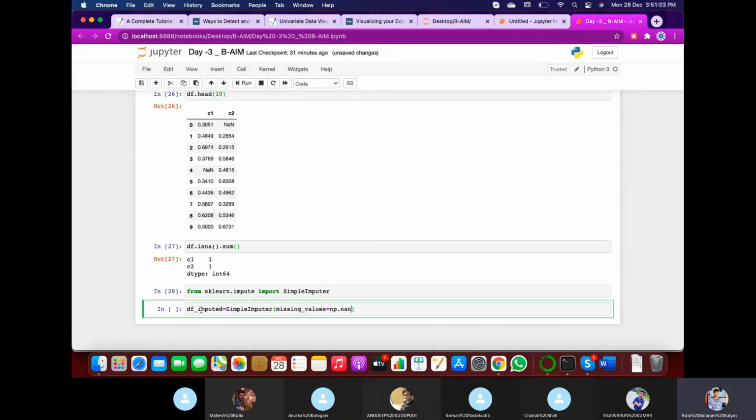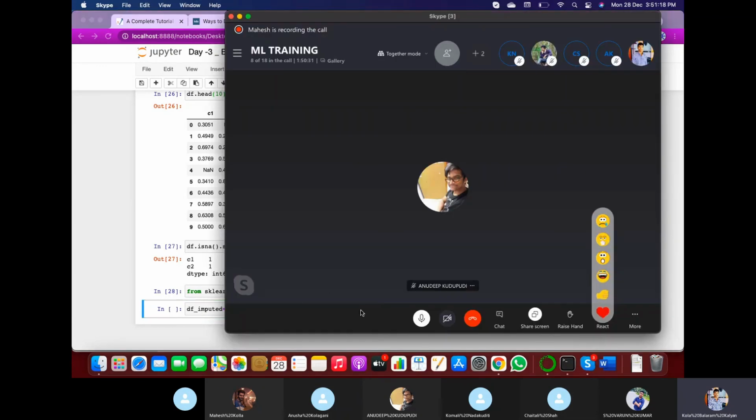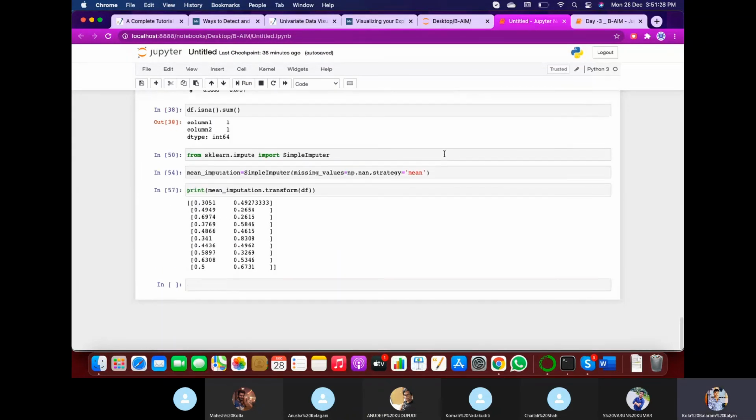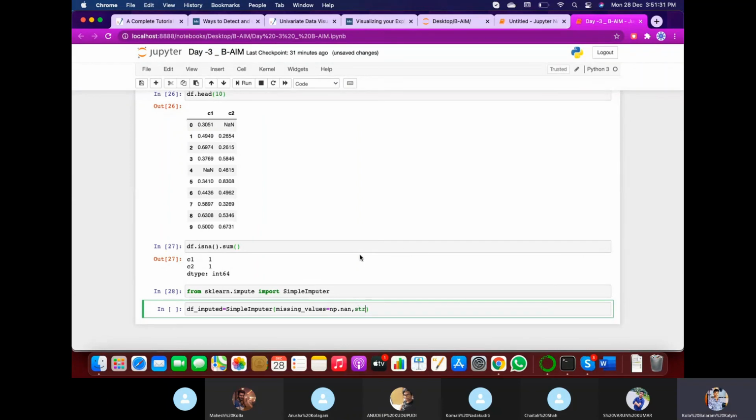That is nothing but our null value in the numpy array. And also the strategy can be mean. If we want to do the mean imputation, we need to mention it here as mean.